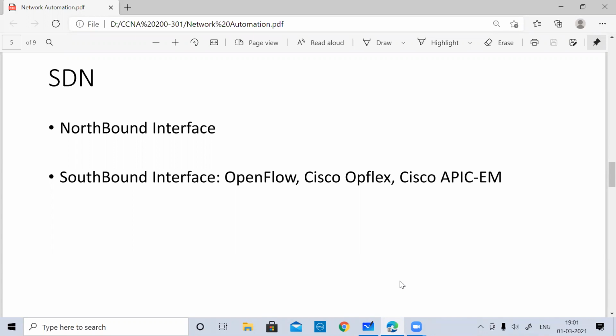Because when you are talking about an SDN controller, guys, there is a possibility that we have an actual controller which is hardware, and you have to go and get it, or you have to get all the hardware which supports software defined networking. That means your switches which support OpenFlow, your routers which support OpenFlow. So you will need devices which support those features in order to understand software defined networking.